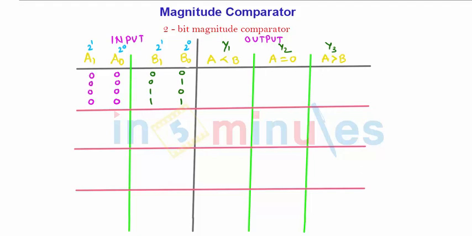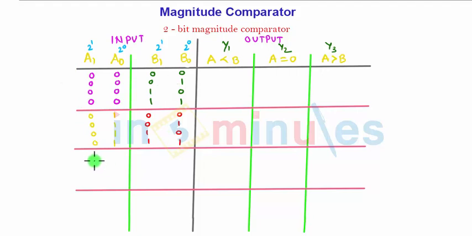In the very next step, I will keep A1. A can take 4 values: 0, 1, 2, 3. I have kept A0, now I'll keep A1. So this will be 0 1 0 1 0 1 0 1. Correspondingly, the B bits will again change from 0 0, 0 1, 1 0, 1 1. It means that in this section of 4, A1 is compared with all B, and in the first section, A0 was compared with all B. Let us complete the whole input chart then.